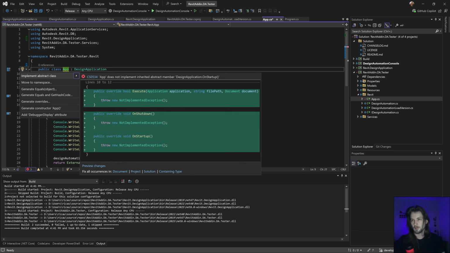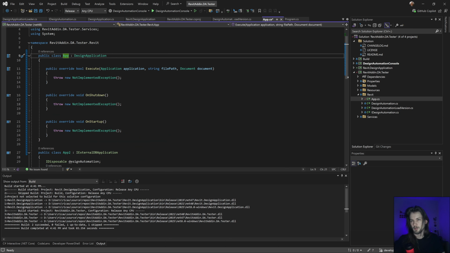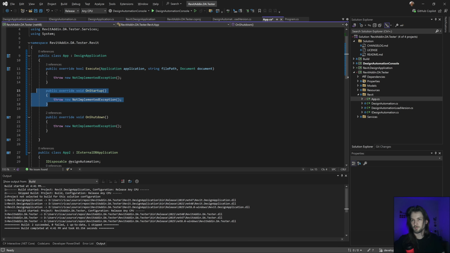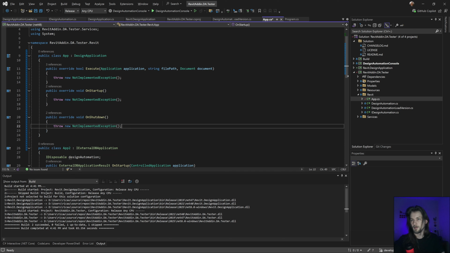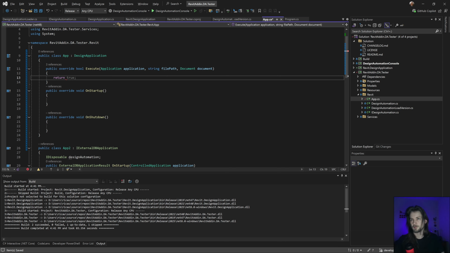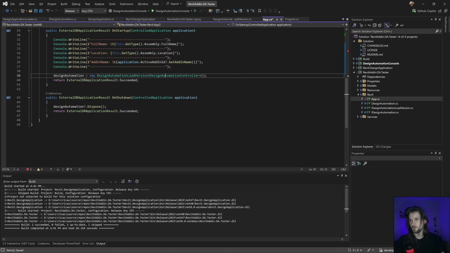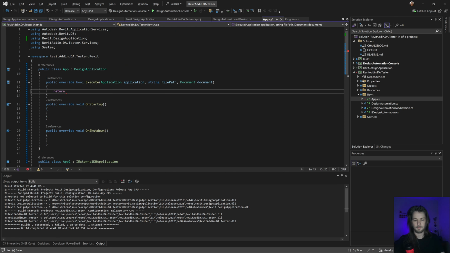And I need to add all the abstraction. Let's reorder this just to make more sense. And let's put this one in here, and this one in here. And I can remove both stuff like this. And let's return what I need, this one. New.